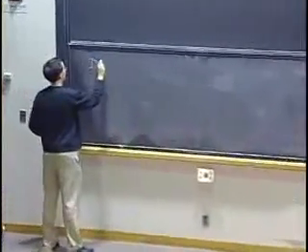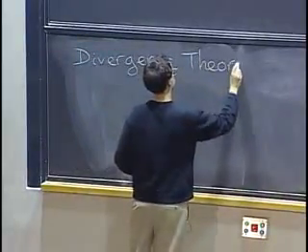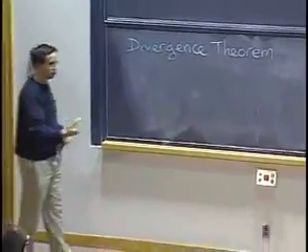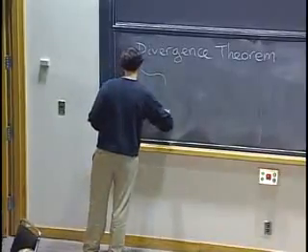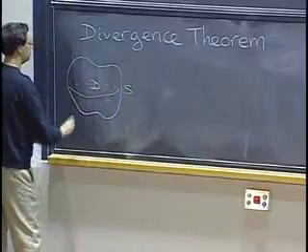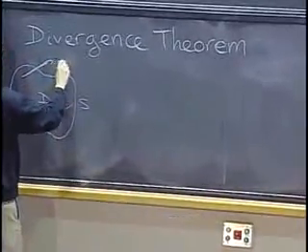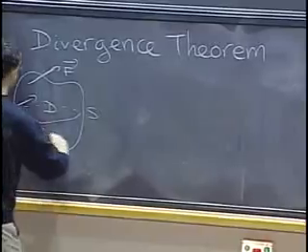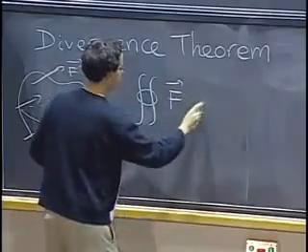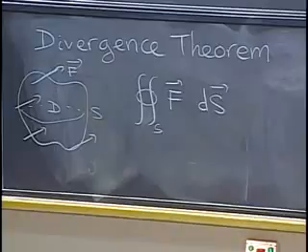So remember, we left things with the statement of the divergence theorem. The divergence theorem gives us a way to compute the flux of a vector field through a closed surface. It says if I have a closed surface S bounding some region D, and I have a vector field defined in space, then I can try to compute the flux of my vector field through my surface: the double integral of F dot dS, or F dot n dS if you want.